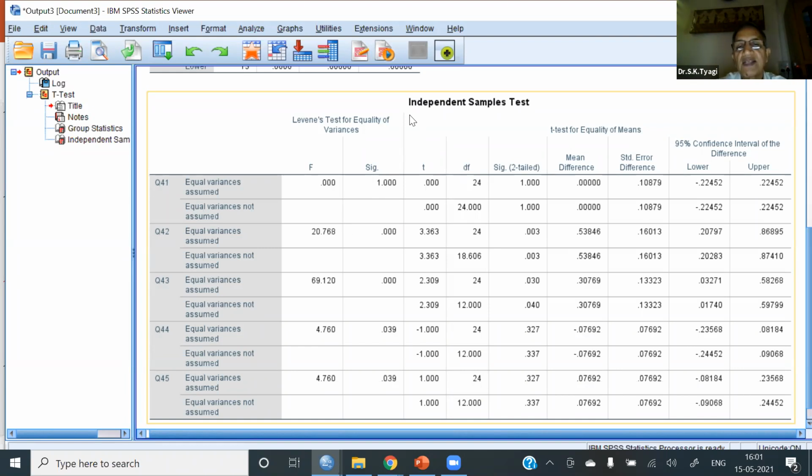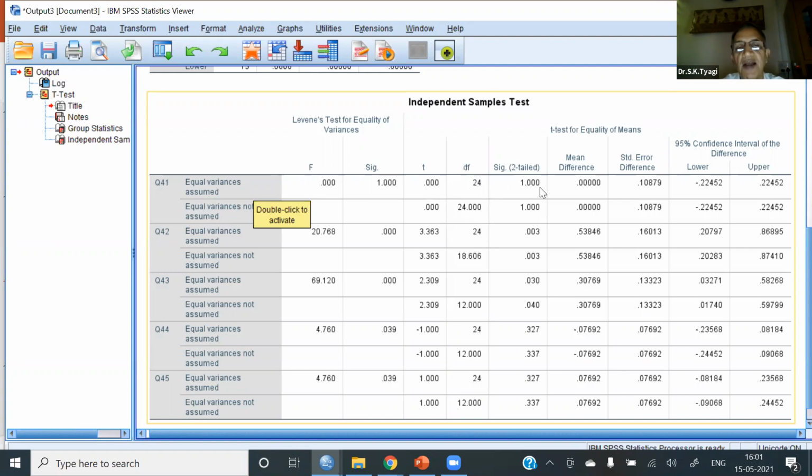But even if the variances are not equal, we can go ahead, but we have to make some modifications, some adjustments. So if this is the line, equal variance assumed, if variances are equal, we consult this t-value. If variances are not equal, we consult this t-value.